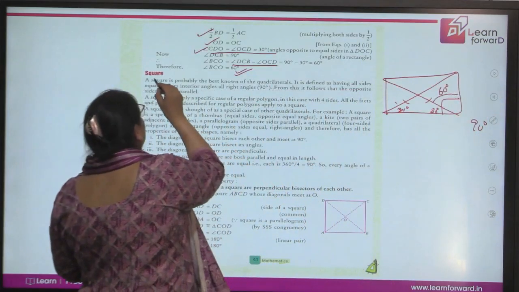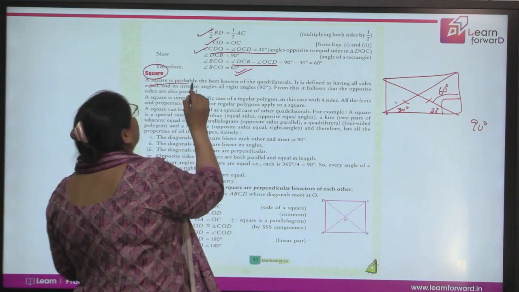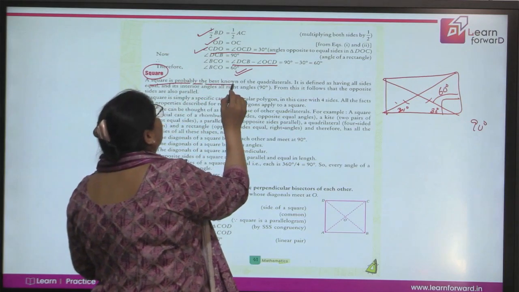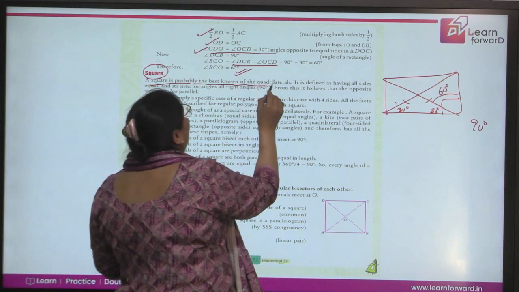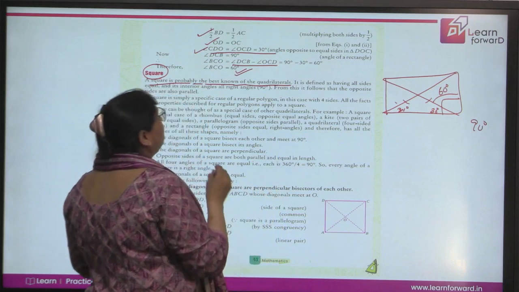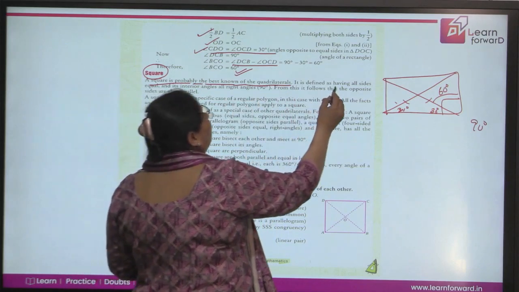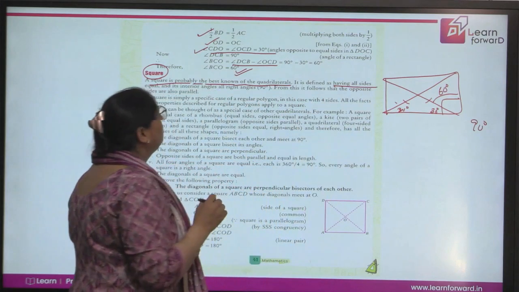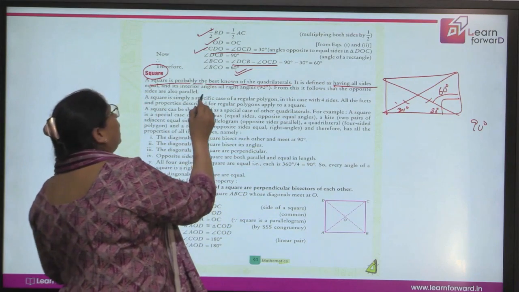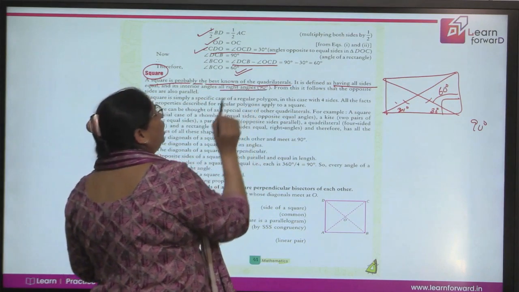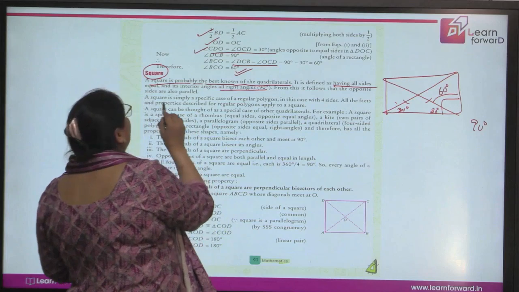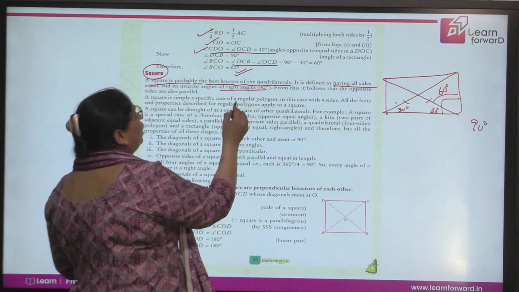Square. Square is probably the best known of all the quadrilaterals. It is defined as having all sides equal and each interior angle 90 degrees. So a square is simply a specific case of a regular polygon